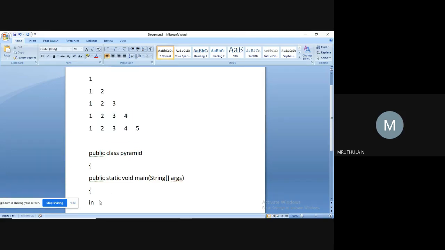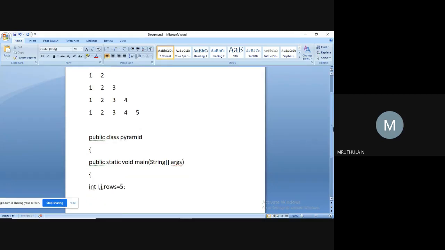So inside the main function, I am declaring my variables i, j, and rows, and I am initializing the variable rows to the value 5.